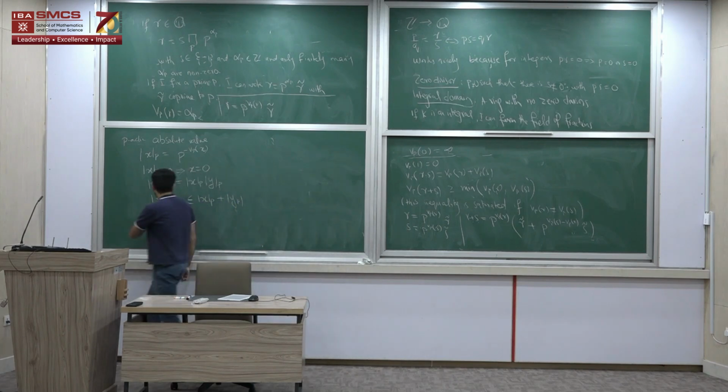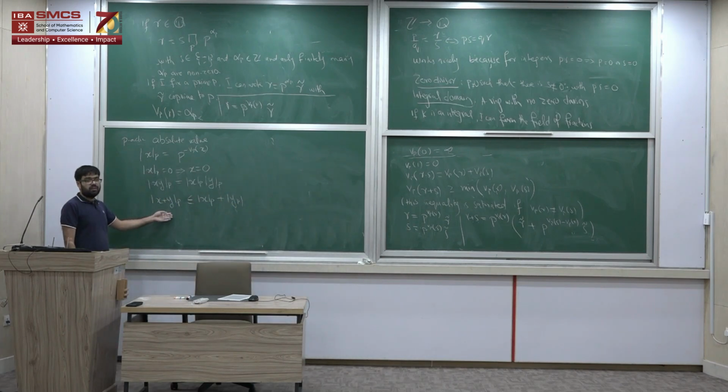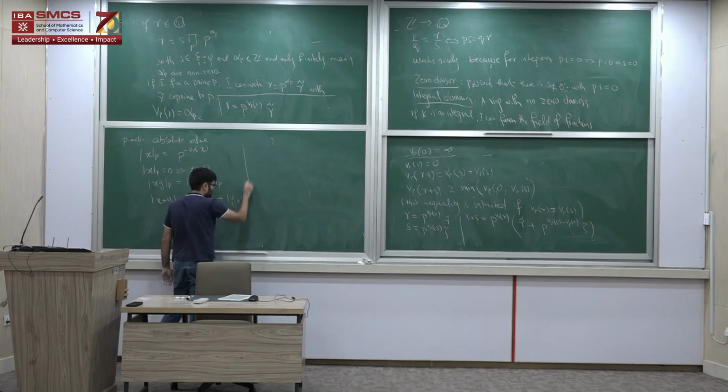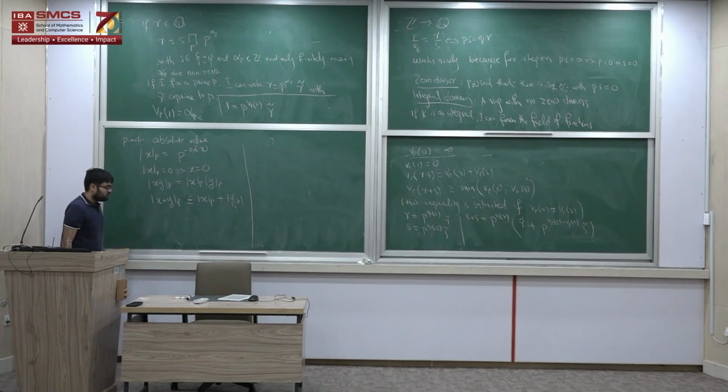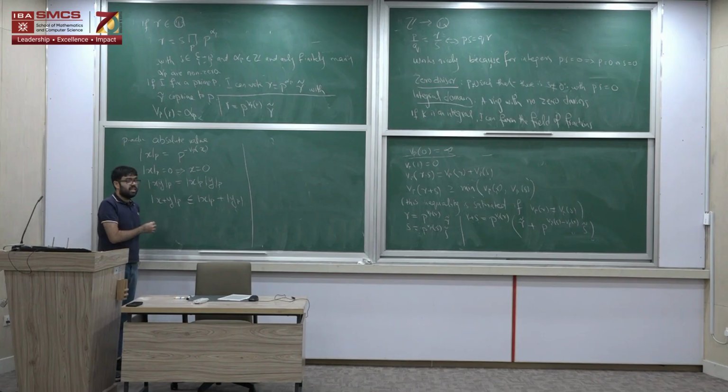So, this is true. I have these properties. I have a good absolute value, and so this gives me some good notion of distance, but this distance is pretty far from what we expect usually, right. So, let us try to get some intuition for it. The easiest thing to do is to